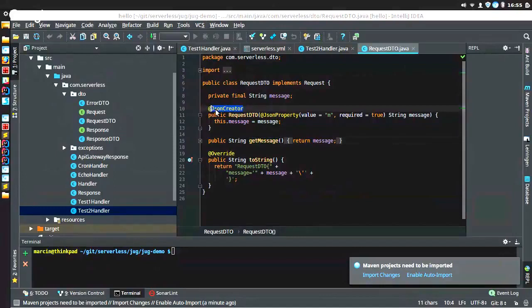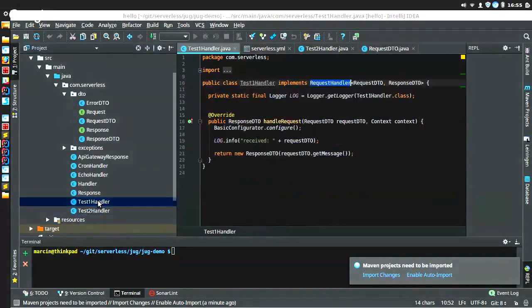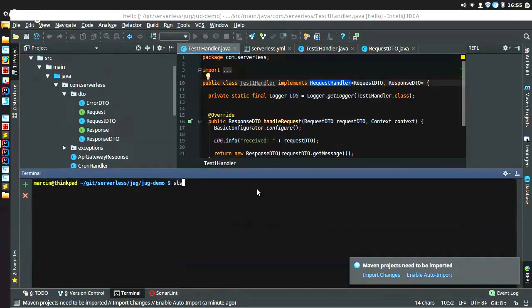So in case 1, I run this function with SLS invoke, it's already deployed. I have function test1, and I want to run it with JSON data like before. Let's put M, which I am expecting to be valid,